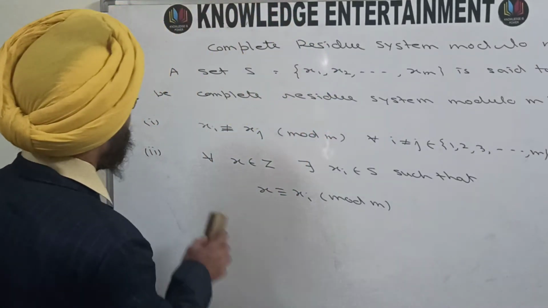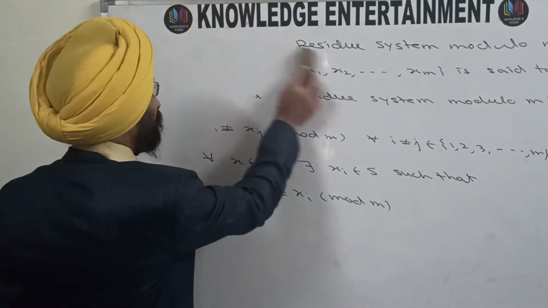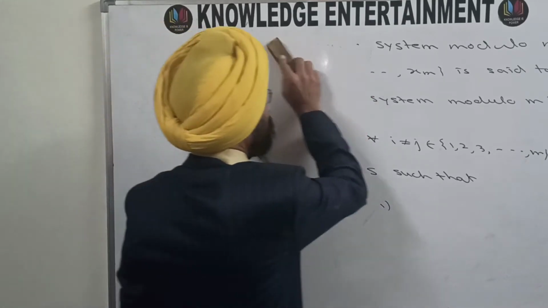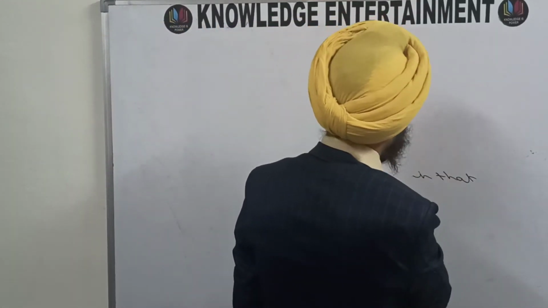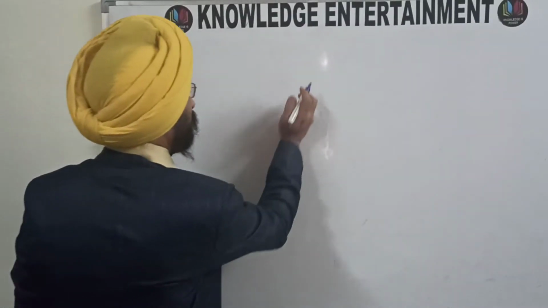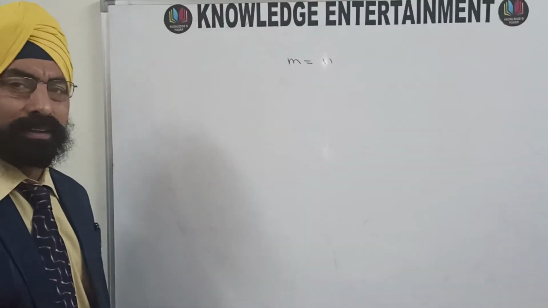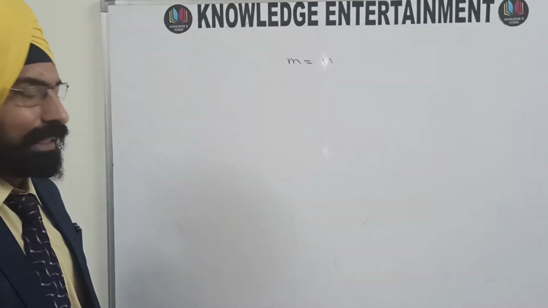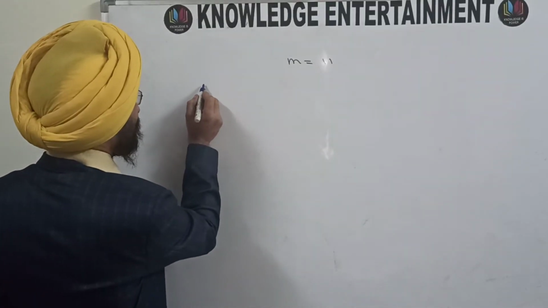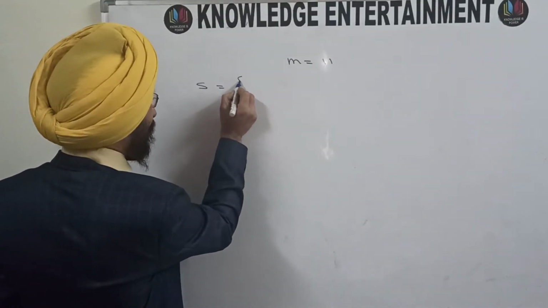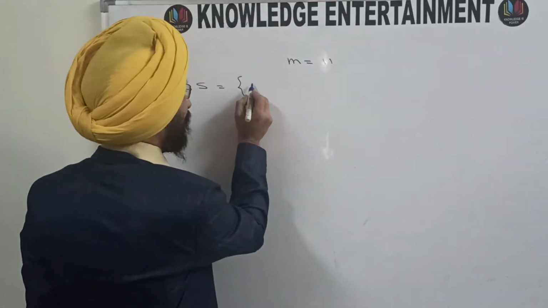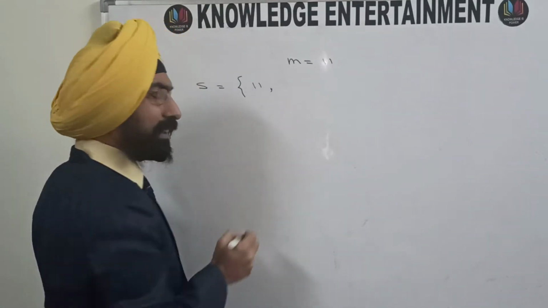Let me give you one example first and then we'll move ahead, because this example is necessary to distinguish between a complete residue system modulo m and a non-negative complete residue system modulo m. So suppose we are working with m equal to 11. Let me have this set S as